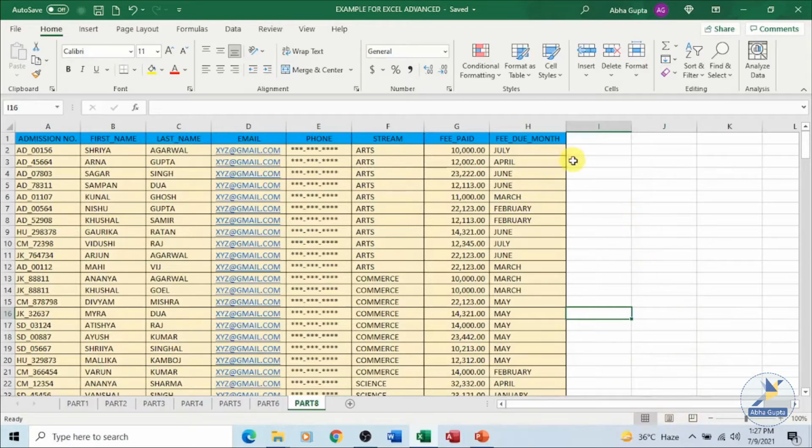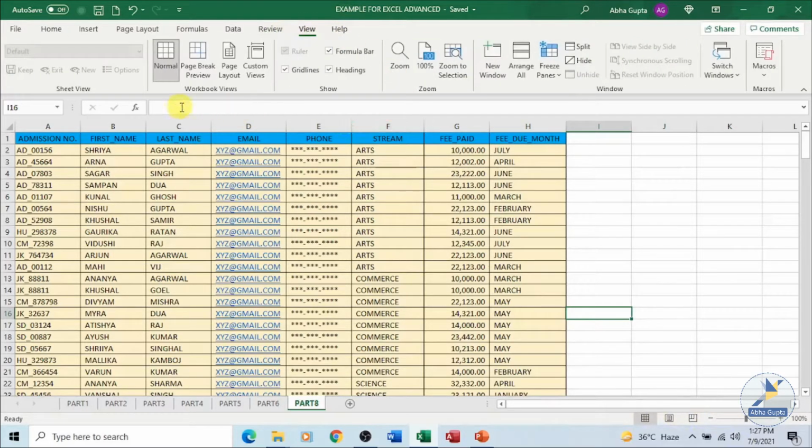You can have these same views in your view tab also. If I click on the view tab, here also under the workbook views group, you can see these views: normal view, page break preview, and page layout, and the custom views. We can have a custom setting for ourselves as well, which we can save and use in the future for quickly applying the different workbook view.